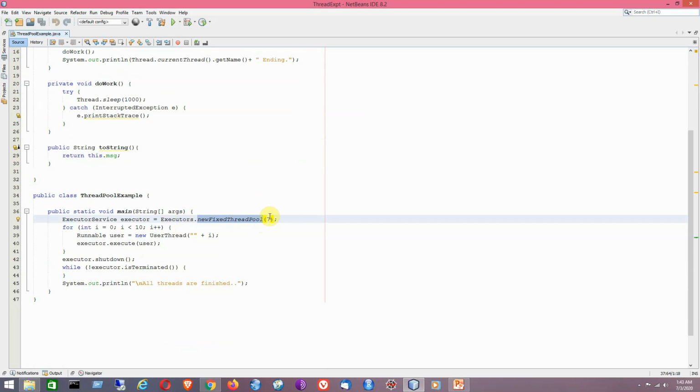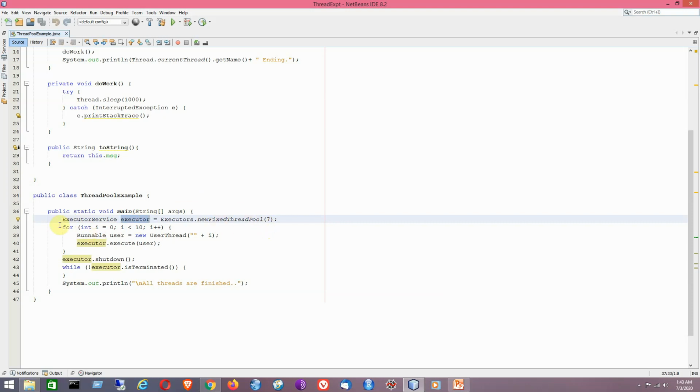The size is 7, and it is initializing the reference of the ExecutorService. That means ExecutorService has a reference named executor, which is initialized by calling the newFixedThreadPool utility method of the Executors class. In that way a thread pool will be created of size 7. It is a fixed size, remember it.